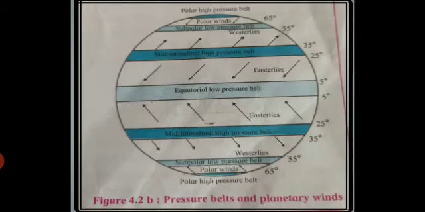Children, as we learnt, from the equatorial regions the air moves upward as it is heated and it moves towards the polar regions. Now, the equator is in between the surface of the earth and where the air starts moving to the higher altitudes. It moves in both directions, that is, towards the North Pole and the South Pole. Now, the air in the equator got heated because of the high temperature. But here in the polar region, the temperature is low, and due to this, the air cools down again and